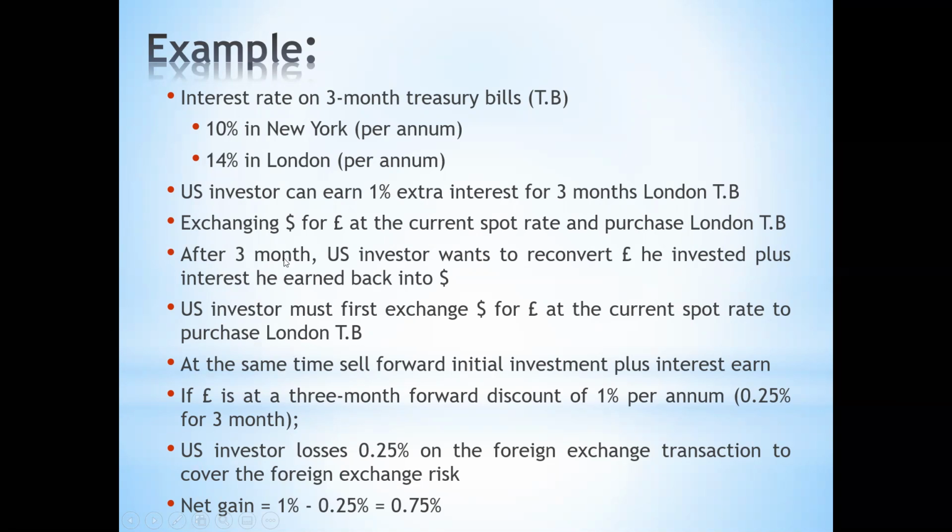So after 3 months, the US investor wants to reconvert the pounds into dollars, and then he can set off his dollar terms loan which he got from the New York market at 10% interest rate. So the difference between what he gained from the London market and what he offset with the bank, he receives as a net gain from the